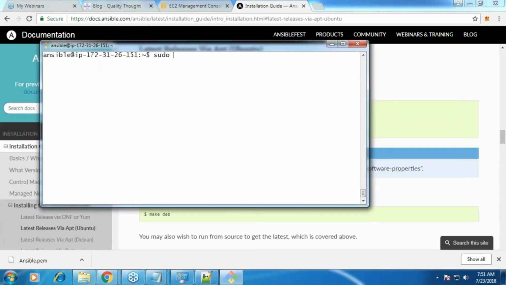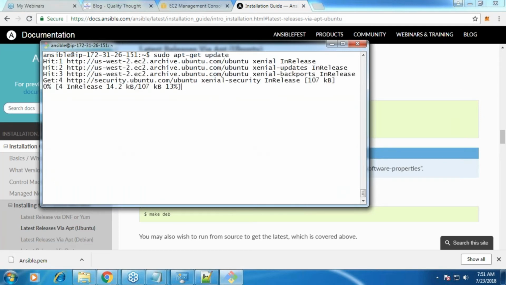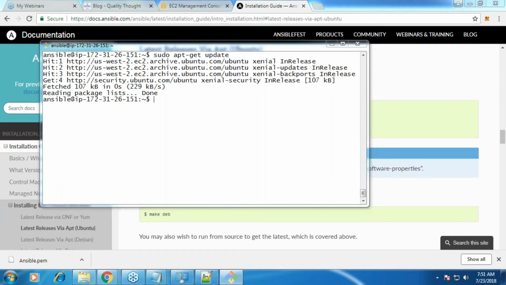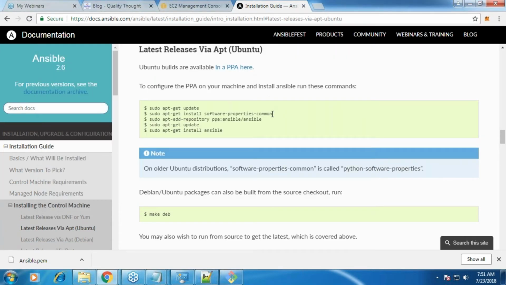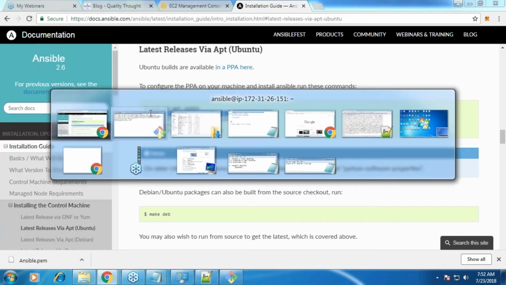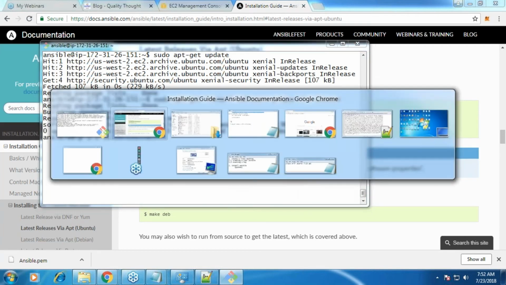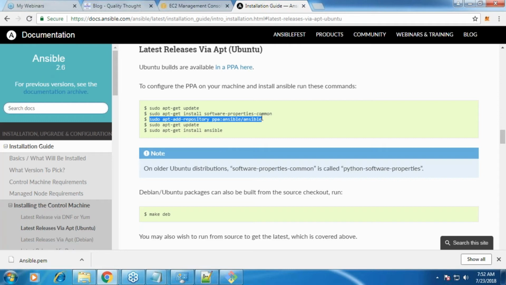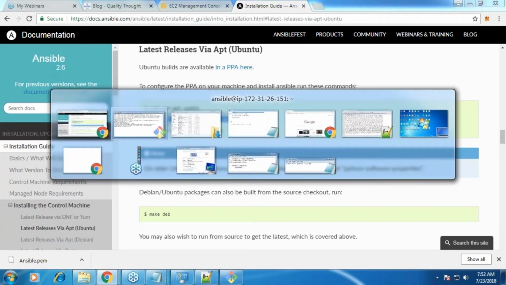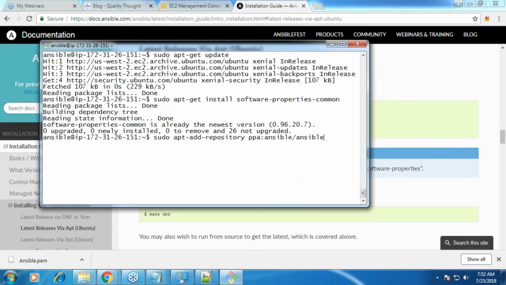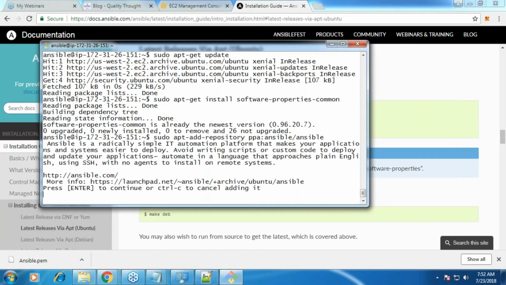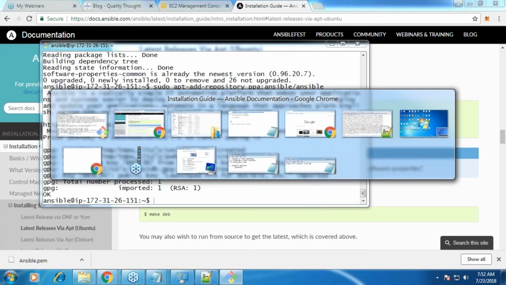Sudo apt-get update. I think we have done that, but let us do it again. Good. And then software-properties-common. Okay. And add a repository. This is a no brainer. You are just copying and pasting instructions. Okay.